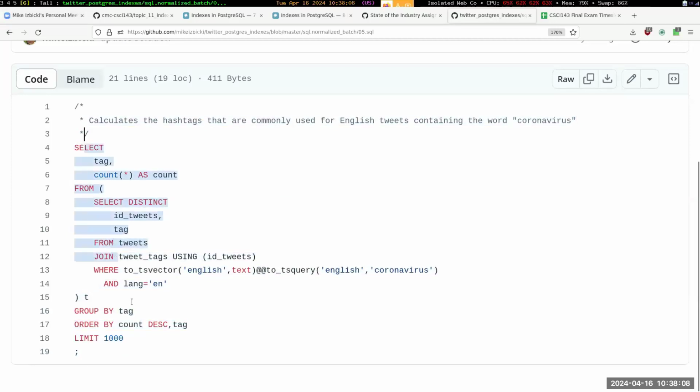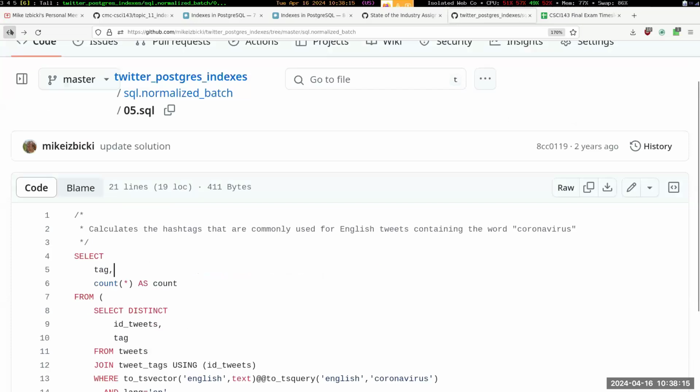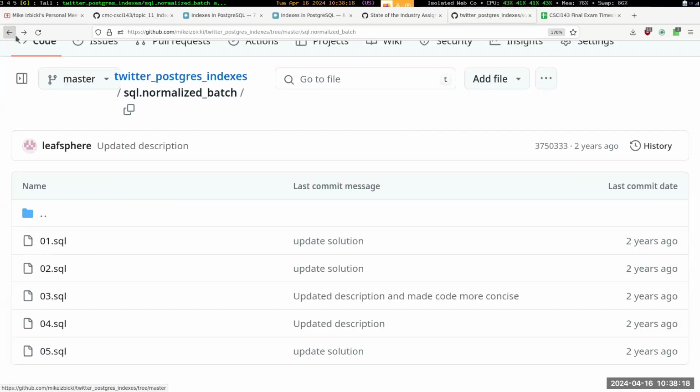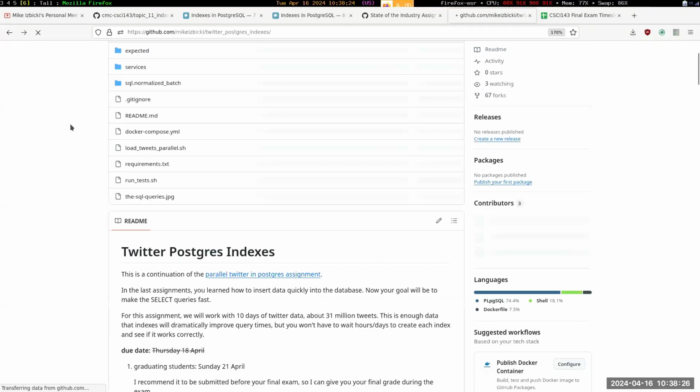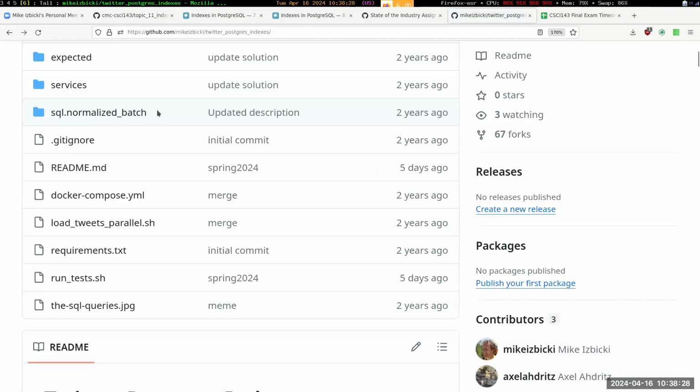Those indexes, though, will only work on the normalized data set because the denormalized data set is structured differently. The denormalized data set uses the views to recreate those same tables, and so it will be much slower using those views. In order to make the denormalized data set faster, you have to create your own new folder here that contains the 01 to 05, all those same problems, and you'll have to rewrite each of those queries in the denormalized form instead of